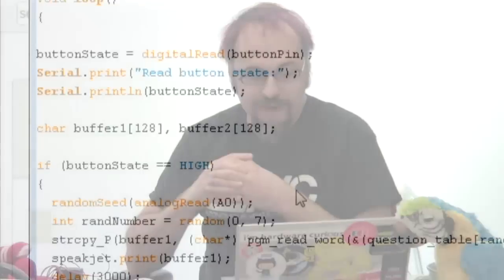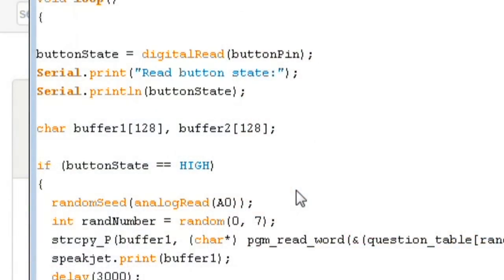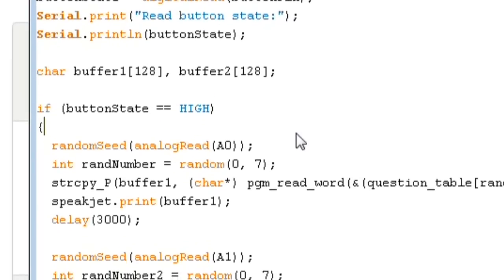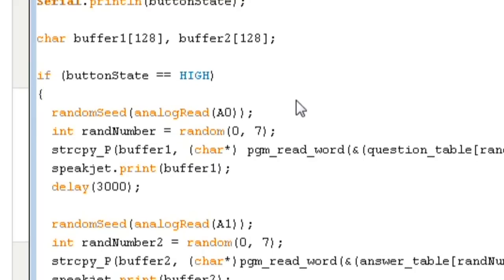The next thing we're doing, we're generating a random number, random 0 to 7, and that's going to pick out one of the pickup lines that we have. Then we have the string copy P function, strcpy underscore capital P, buffer 1. That goes to the program memory, the flash memory space in the chip where we have stored the strings that we want our SpeakJet